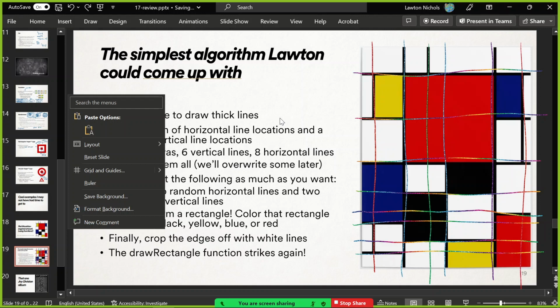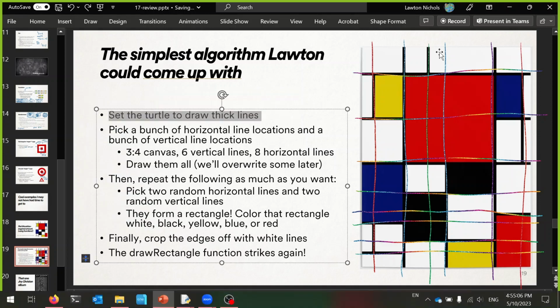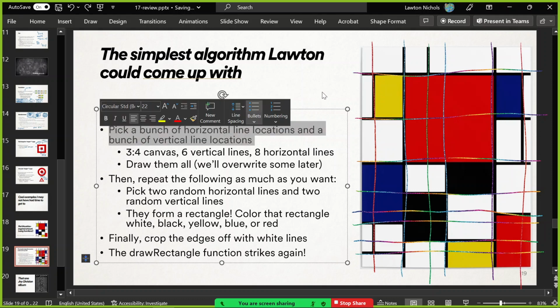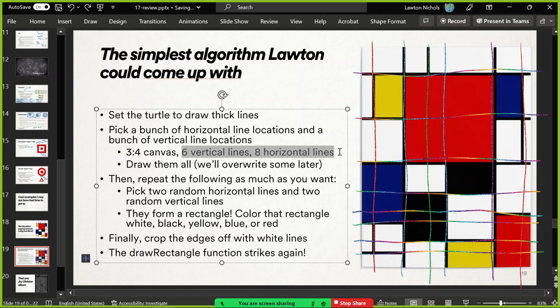And so here's the program in a nutshell. I set the turtle to draw very thick lines, and I'll draw a bunch of them. And then I'll overwrite a lot of them with filled squares. Pick some horizontal lines and vertical lines, draw them in a weird place. Apparently this canvas was a 3x4 canvas, so let's draw more horizontal lines than vertical lines.